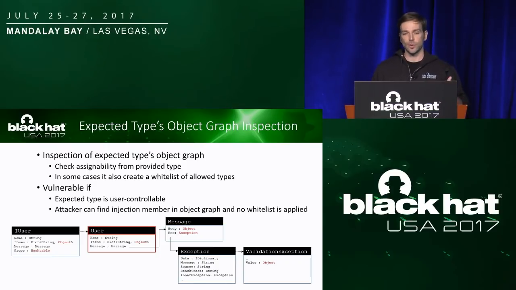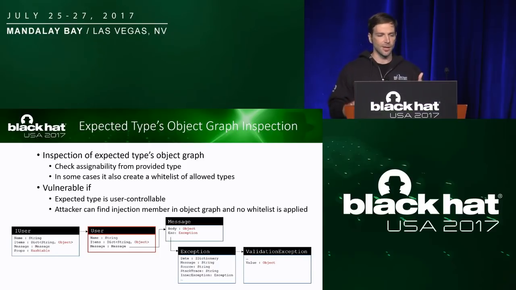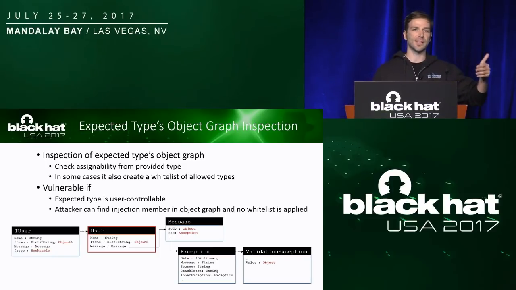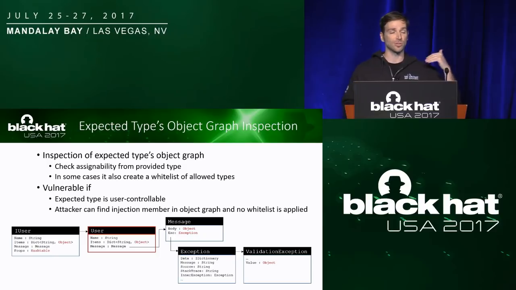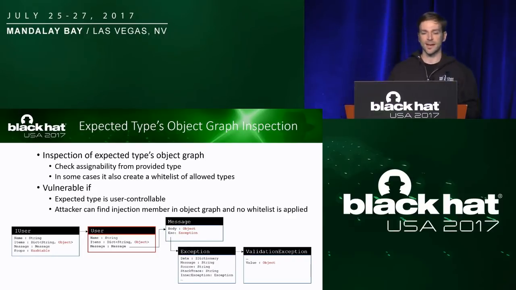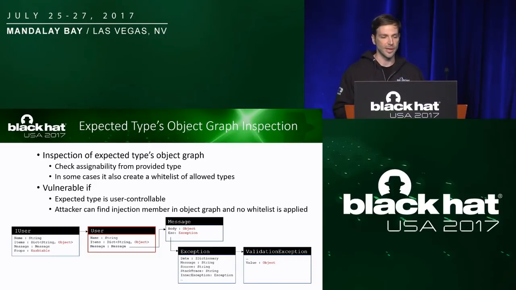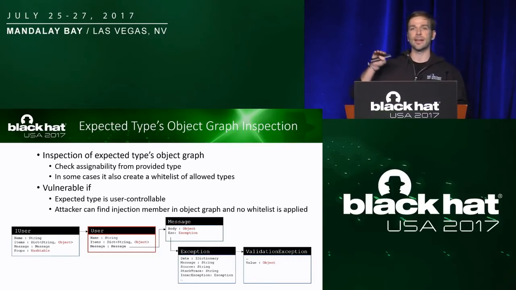Some other libraries, in addition to this assignability check, will also build a whitelist during construction time. So at runtime, when deserializing, they will apply this whitelist, and only those types that appear in the object graph at construction time will be allowed to be deserialized. We found that these libraries are still vulnerable if the attacker can control the expected type, which is more common than you may think, and we will see an example later, or